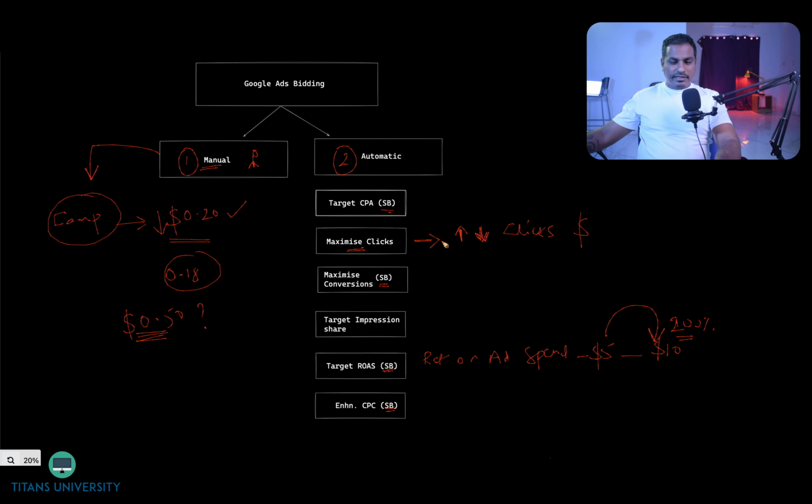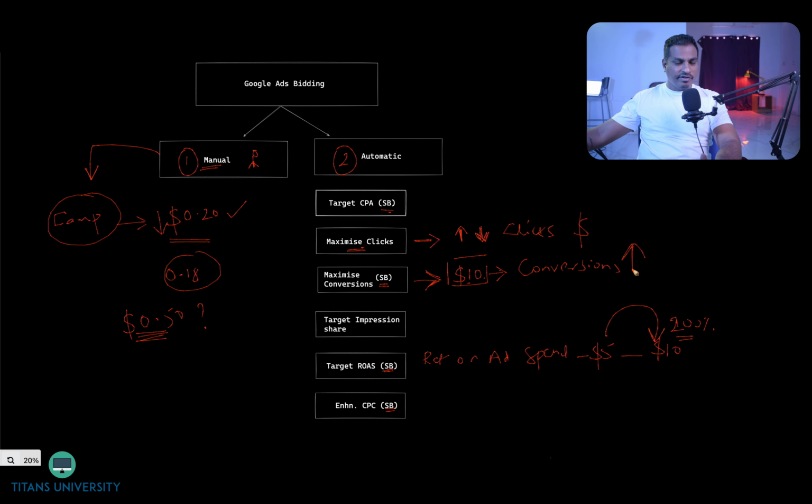Similarly, there is something called as maximize conversions. Maximize conversions is nothing but if you are spending $10 per click, that's your bid, right? Now $10 is your bid. For a $10 bid, Google will try and give you as many conversions as possible because your goal here is to maximize conversions. The bidding strategy that you have chosen is maximize conversions, which means you're telling Google, please make sure that in this bid that I am bidding at, which is $10, try and get me as many conversions as possible. So what Google does is it will automatically increase your bid where it saw a history of conversions